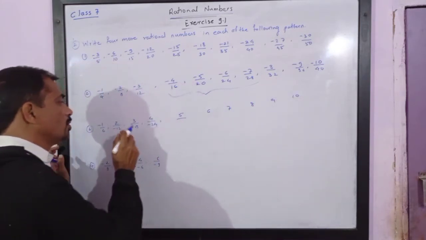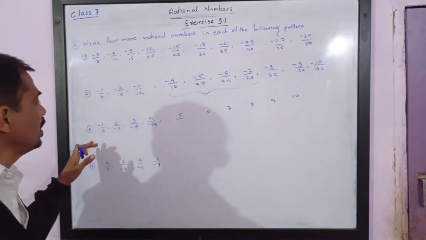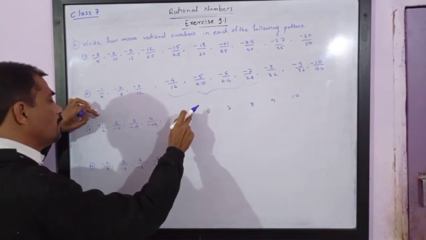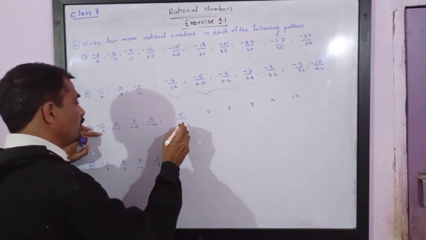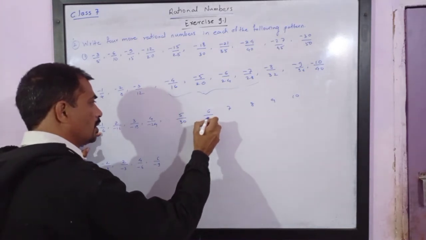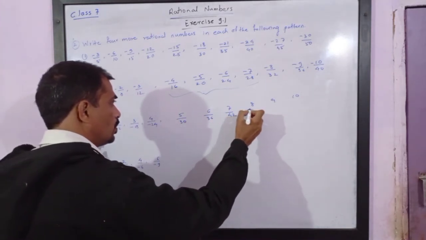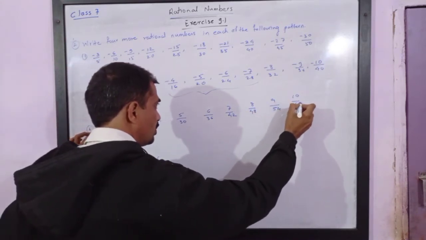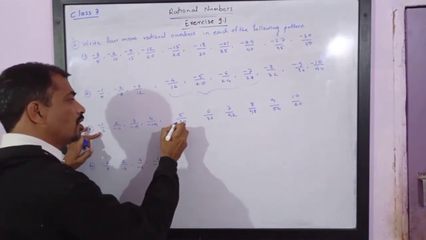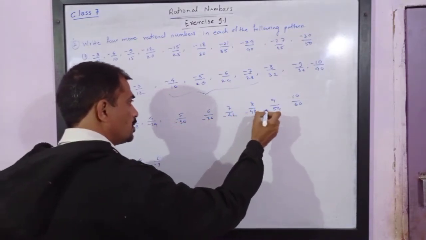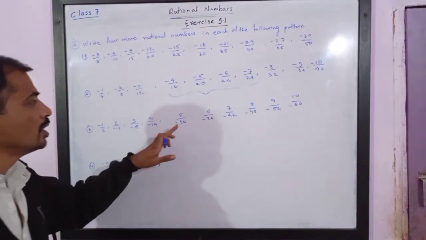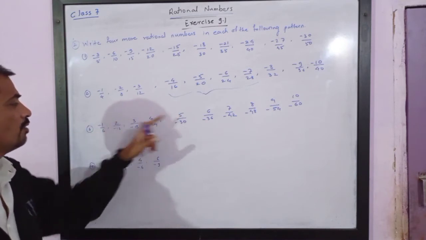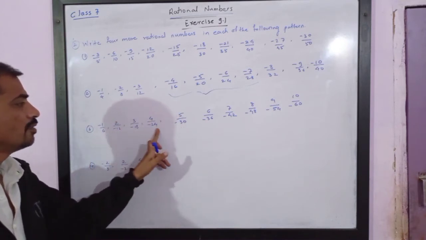Or if you multiply both numerator and denominator by the same number, we will get the denominators. So here numerator is multiplied by 5, so denominator must also be multiplied by 5. You will get 30, 36, 42, 48, 54 and 60. But please note, sign is given in front of the denominator, so they will be something like this. Please note, the first number can be obtained by multiplying by 5 to the numerator and denominator. So 5 ones are 5 and 5 sixes are 30. Negative sign is written in front of the denominator.